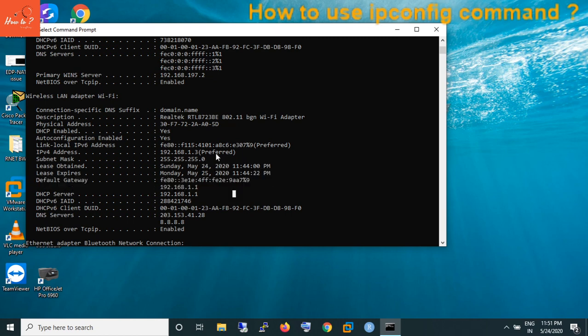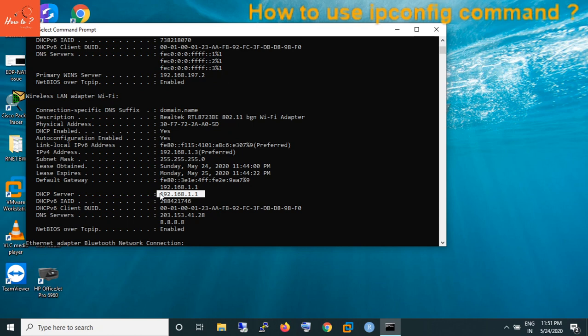Along with the default gateway, it displays the physical address, which is the MAC address of the device, the description of the adapter, and DHCP server information is also there. Guys, the DHCP server is the server IP which leases out the IP address to the client devices.